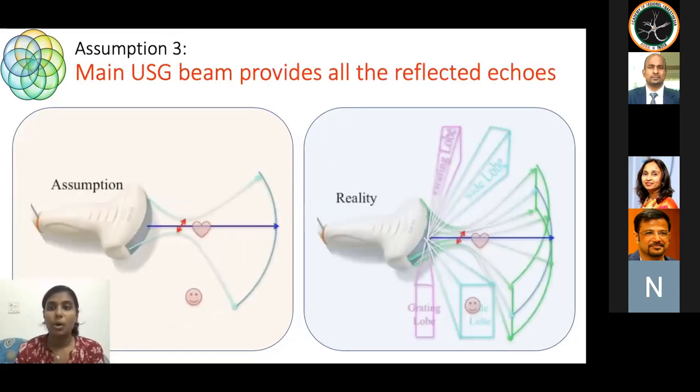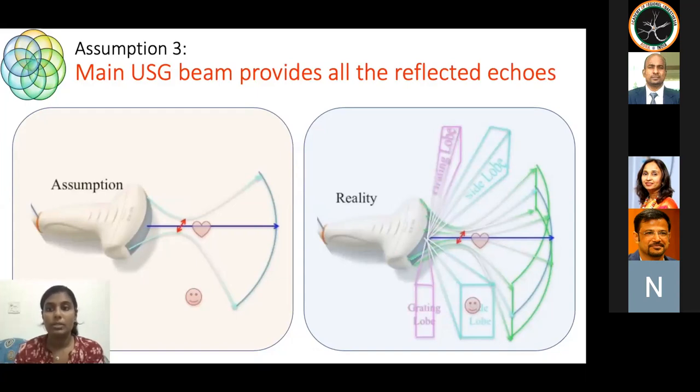Next, the assumption is that the main beam provides all the reflected echoes. I said previously that the ultrasound beam is much more complex. All around the main beam, there are multiple low intensity beams called side lobes. Transducer consists of several crystals arranged in a row, and ideally each crystal should give off only one vertical line below the element.